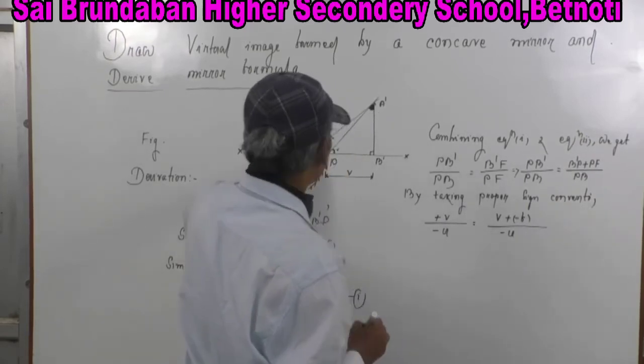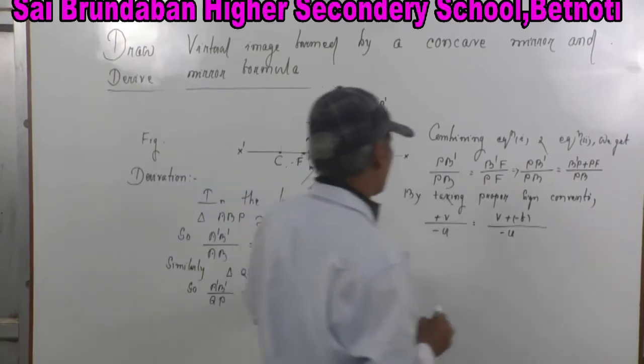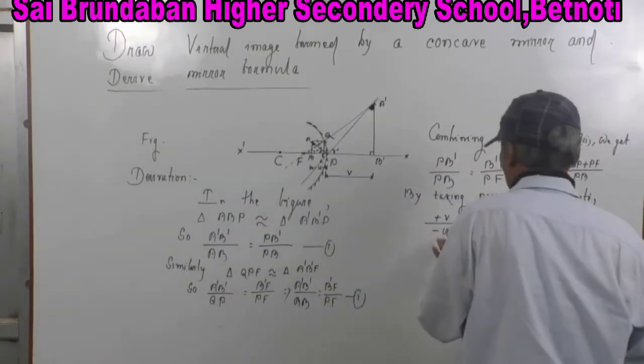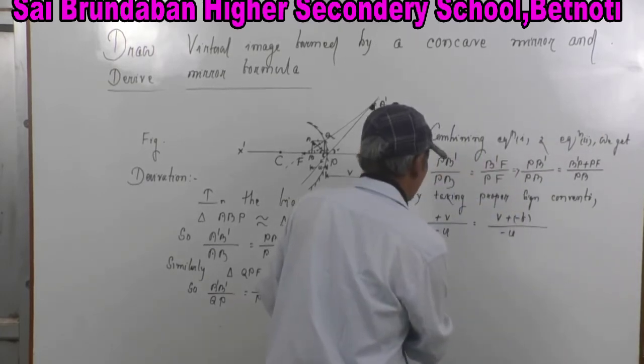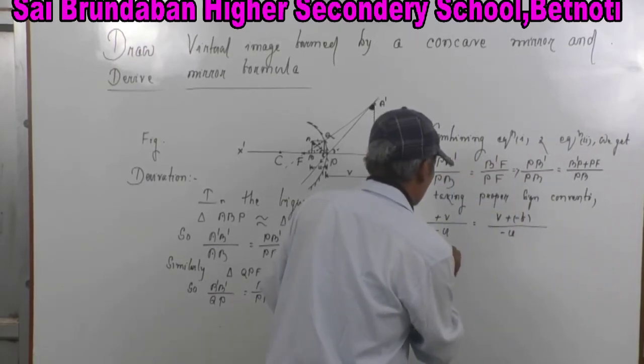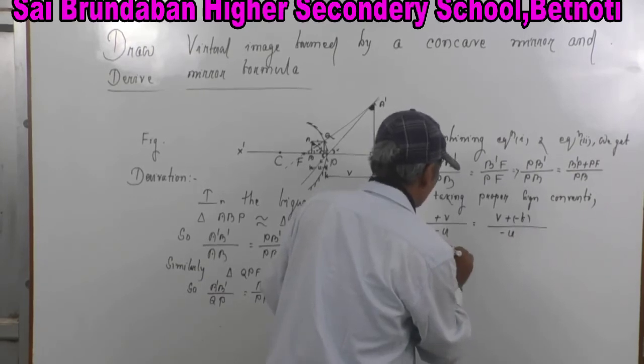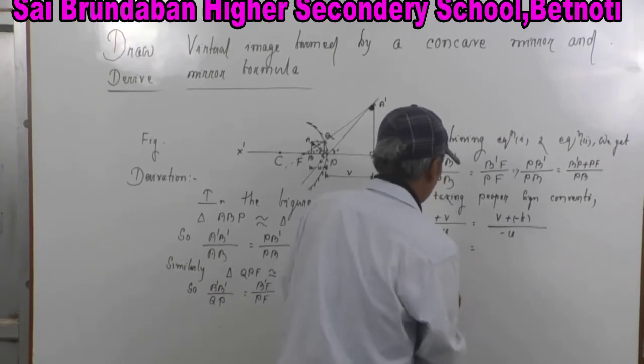So PB is minus U. So now it is plus B dash by minus U, equal to B dash P plus minus F. So just cross multiply it. Minus UV is equal to